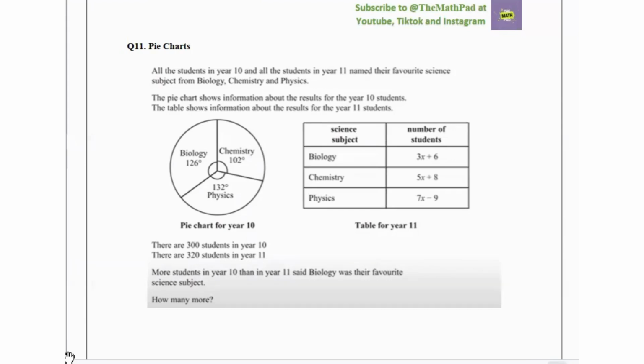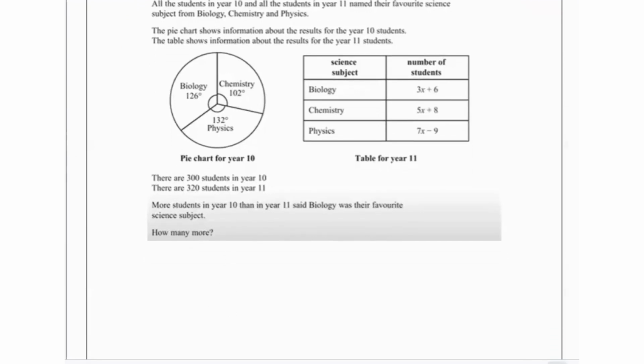There are 300 students in year 10. There are 320 students in year 11. More students in year 10 than in year 11 said biology was their favorite science subject. How many more? Finding the number of students for biology, chemistry, and physics for year 10 first. So biology